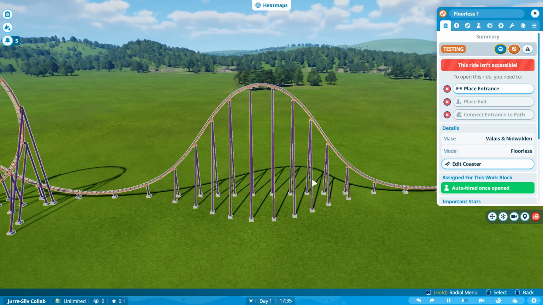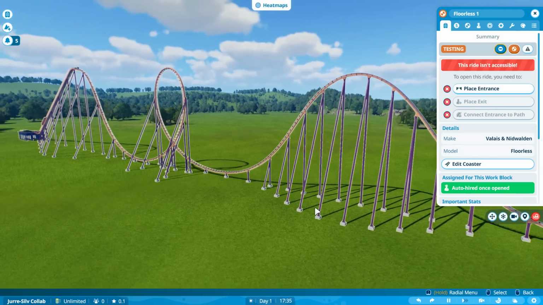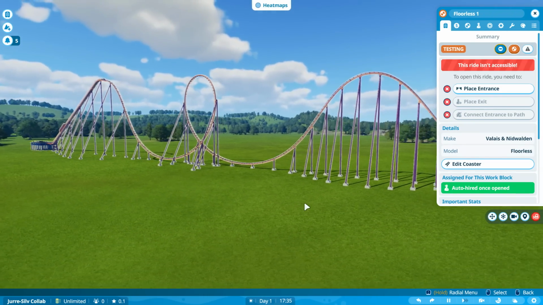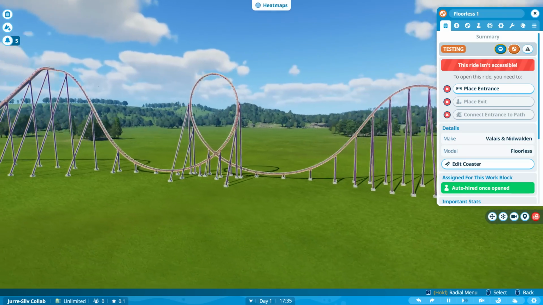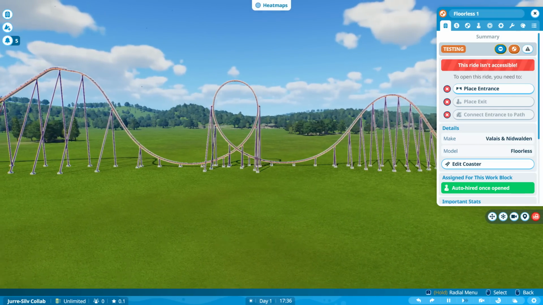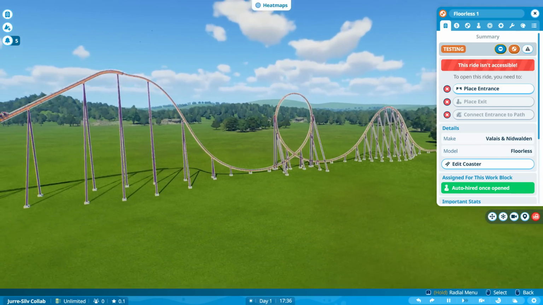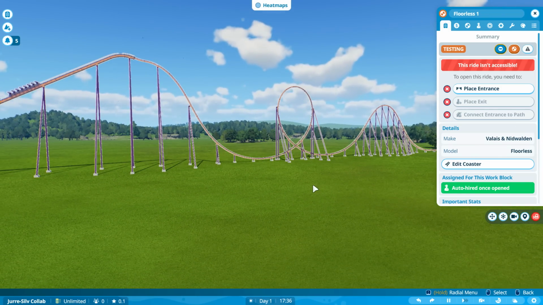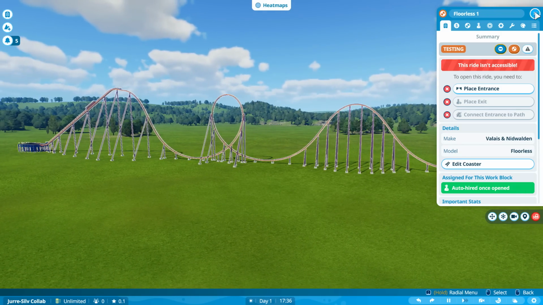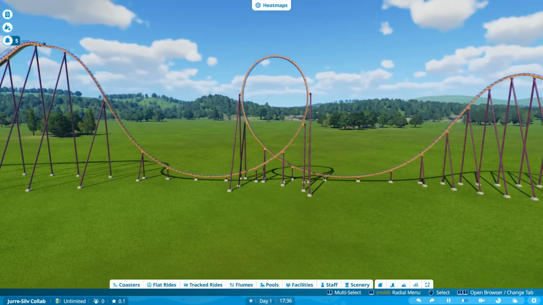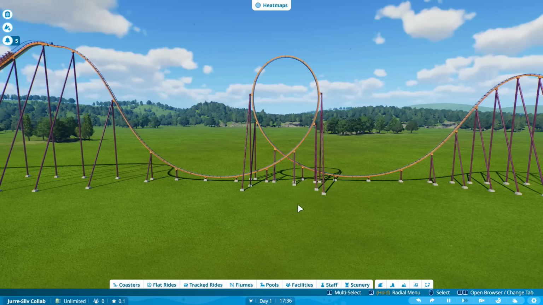So just have fun experimenting with these tools, I'd say. I think they're some of the most underrated and underappreciated parts that have changed about the Coaster Builder, but they're really huge if it comes to trying to fine-tune elements and working on your G-forces and smoothness and all that good stuff. So I hope this tutorial has helped you a little bit in your coaster building endeavors,